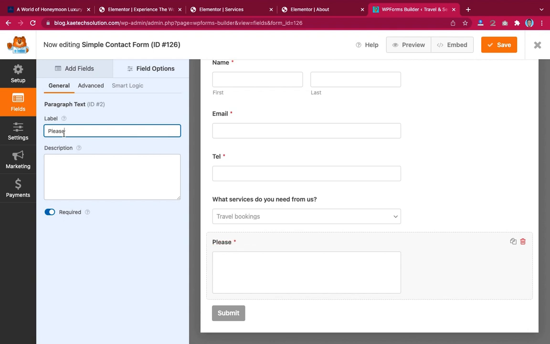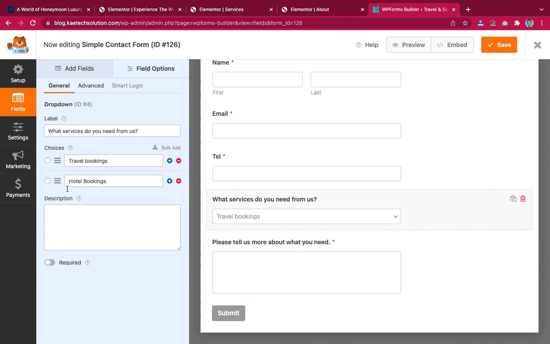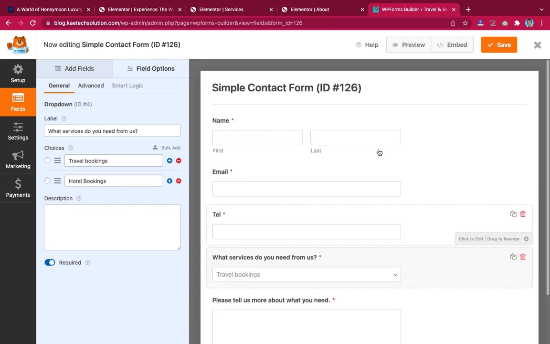please tell us more about what you need. So it depends on what you want. Okay guys, it depends on what you want. And then the person can be able to fill in all these details and then submit it to you. So we save it and then we go back to our